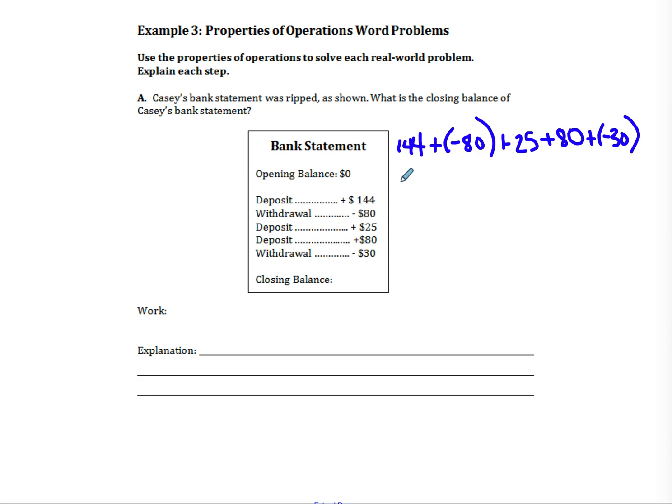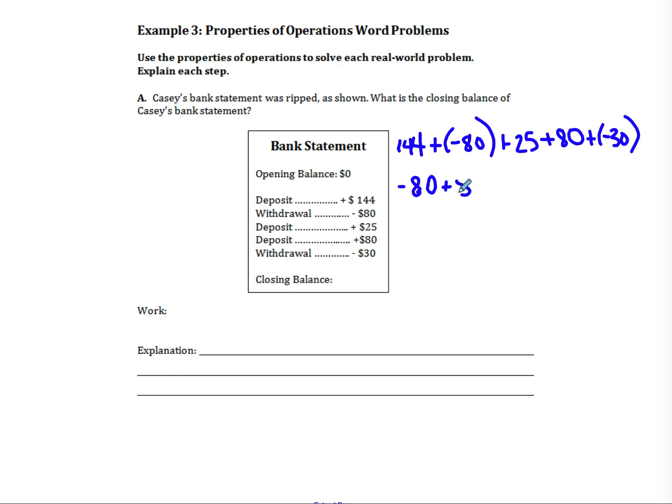Okay, let's check your work. So most people do one of two things. They either group the inverses together and then add the rest of the numbers, or they group the same sign numbers together and then add the rest of the numbers. Occasionally you'll see someone go left or right, but it's very unusual. Okay, I like inverses, and I see I have inverses here, so I'm going to go ahead and just put those together. So I am going to do -80